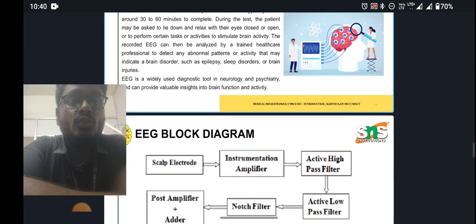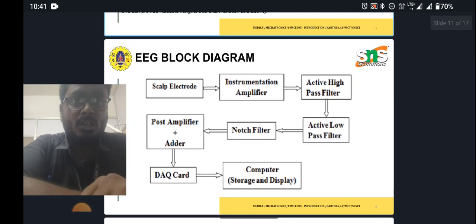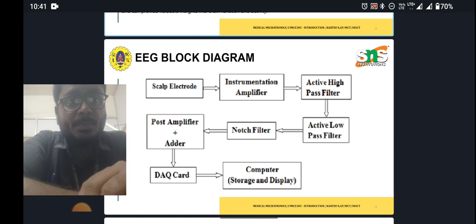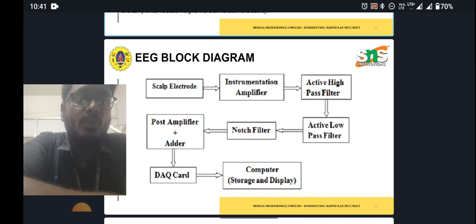EEG is widely used as a diagnostic tool in neurology and psychiatry and can provide valuable insights into brain function and activity. And we can see the block diagram of it, through which we can get a clear view. The scalp electrode, which we have placed on the head of the patient, is connected to the instrumentation amplifier, then through the active high pass filter, low pass filter and notch filter, and then connected to the post amplifier. Through the post amplifier we can connect it to the DAC card and to the computer for the display, through which we are able to